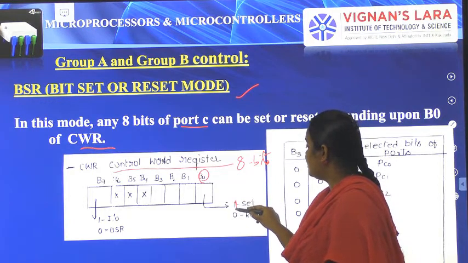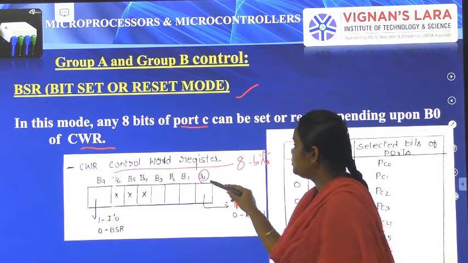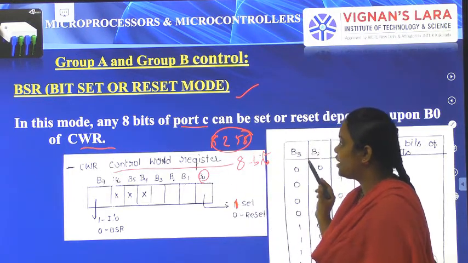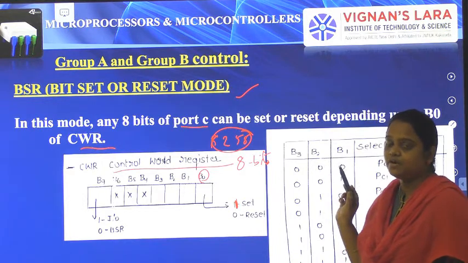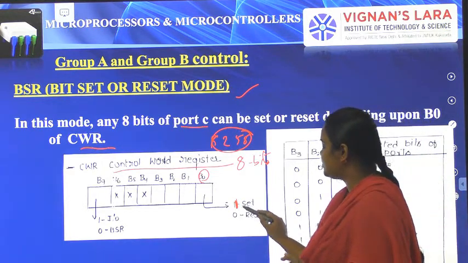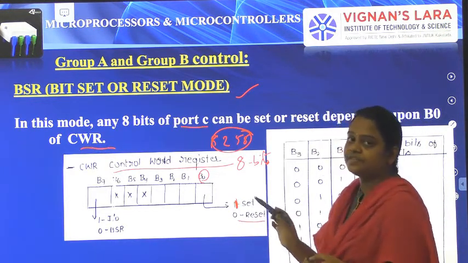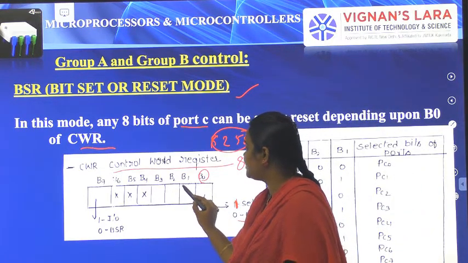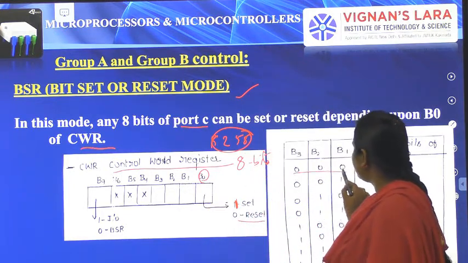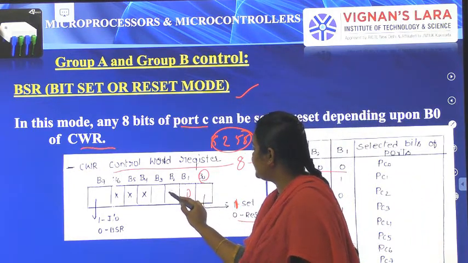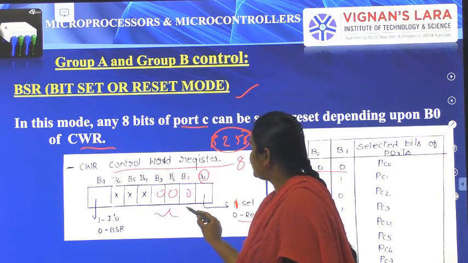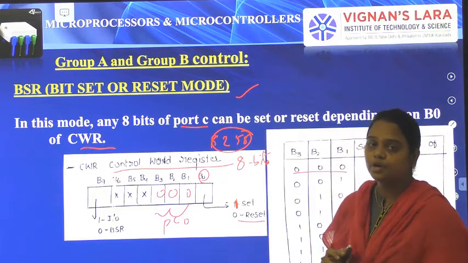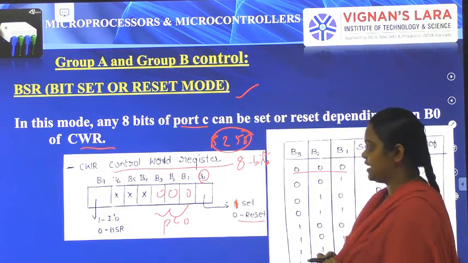that means the 8255 is in the operation mode, it is going to operate. Whenever it is 0, that means it is in the off state. And B1, B2, B3 are the port C bits. Whenever B1 is 0, B2 is 0, B3 is 0, port C0 is going to transfer the information between input and output devices and the 8086 microprocessor.